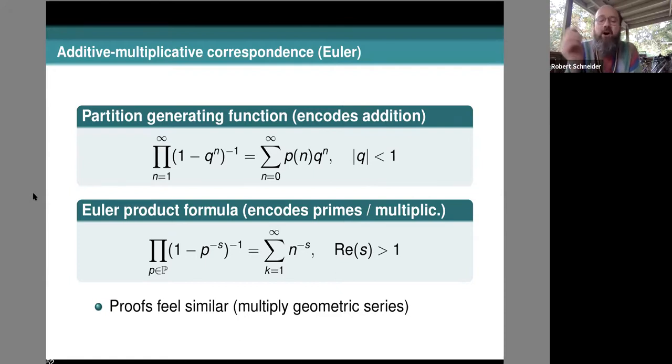The zeta function is a little harder. You have to take a product over primes. That's a pretty special sequence. But you get an easier sum on the right-hand side. You kind of know what the sum over the unit fractions is to some power. At least you know what that object looks like. We have two easy patterns and two complicated patterns, partition numbers and primes, and they are related really beautifully through these formulas. And again, I'm sort of hinting that the proofs feel similar, right? They kind of feel like the same, except that the objects, the values, and the analysis are different. But besides that, they're the same.